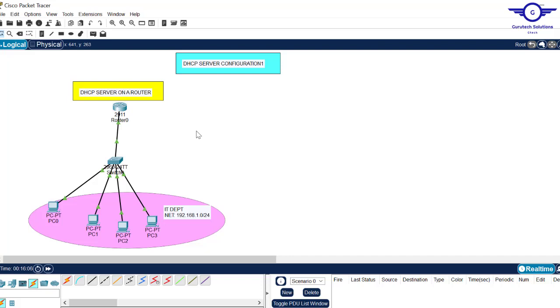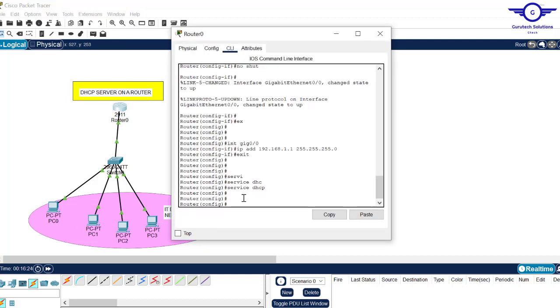Maybe items of things. It consists of a group of things. So you configure a pool that is called IT. Inside the IT pool will consist of IP addresses that will be allocated to IT department devices. So we create what is called a DHCP pool for